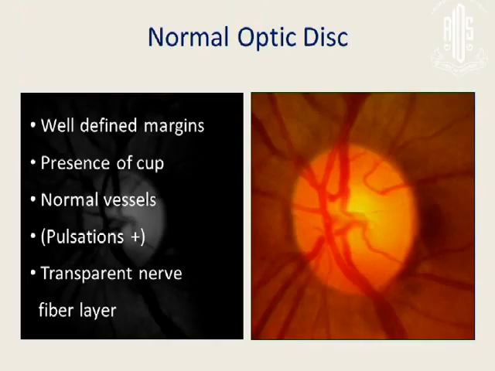At the outset, let me emphasize what is a normal optic disc. A normal optic disc has well-defined margins. It has a thin neuroretinal rim, and importantly, the nerve fiber layer is transparent. The nerve fiber layer is transparent, and in the majority of normal individuals, one can see